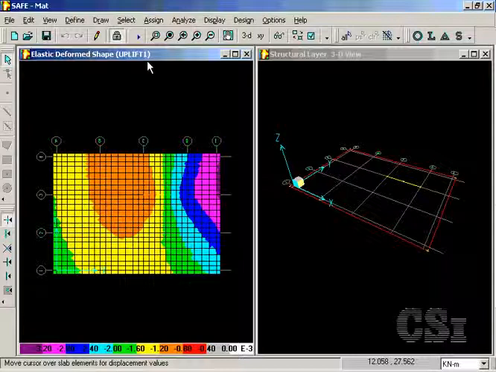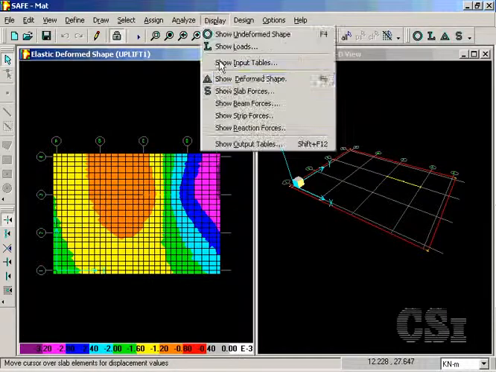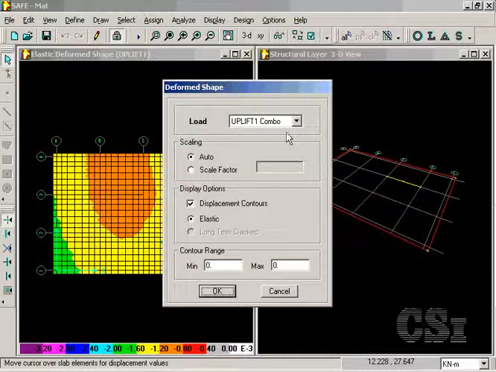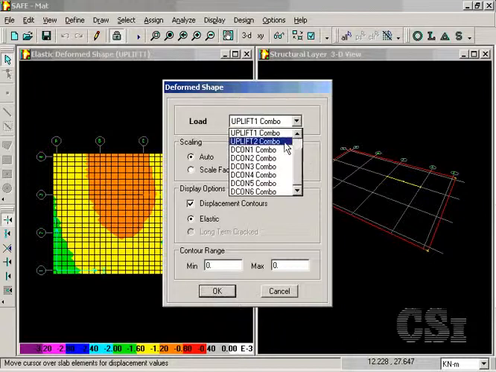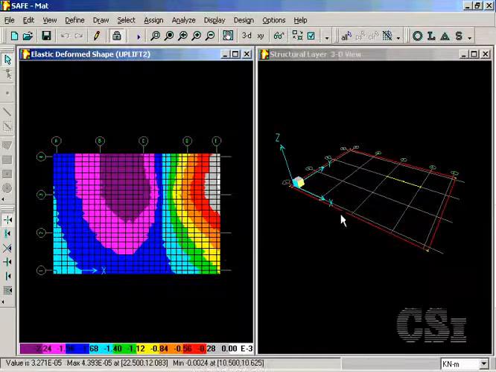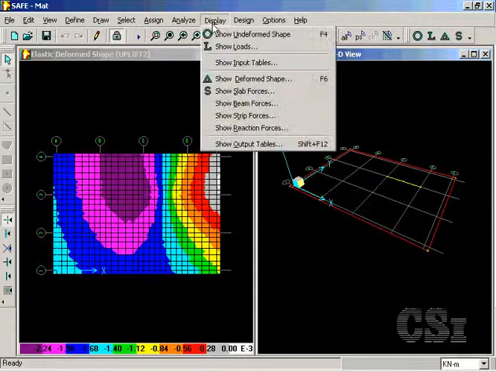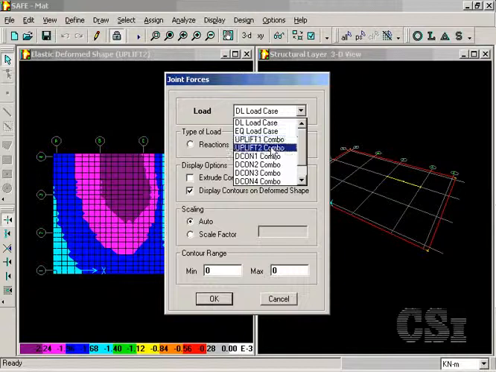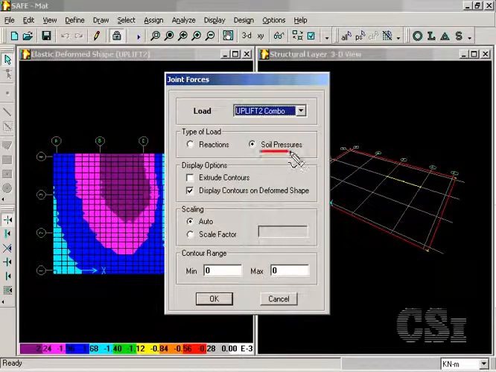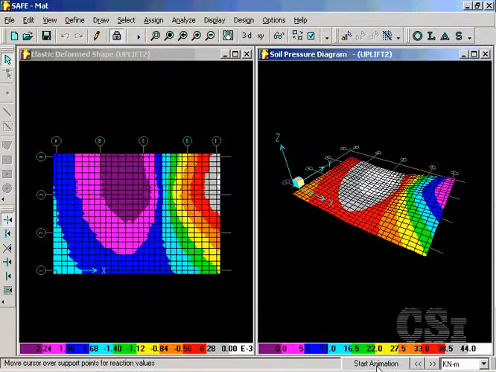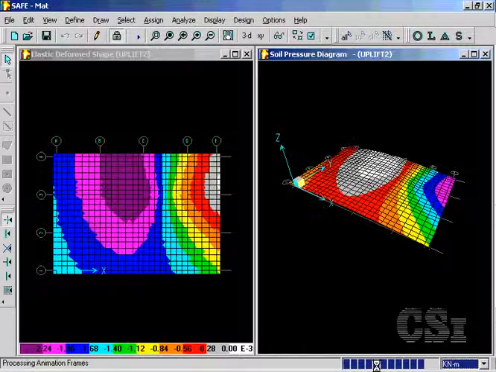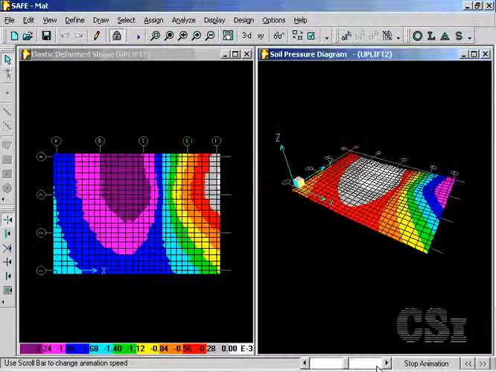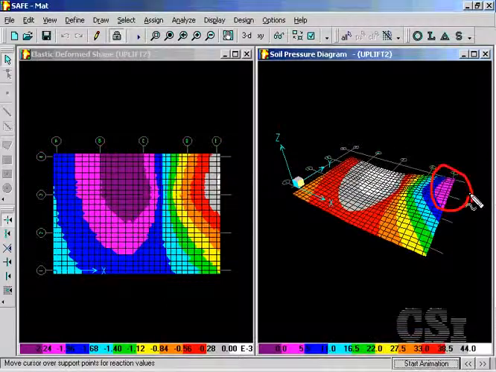The deformed shape of the uplift 1 load combo is displayed on the left. However, it is load combo uplift 2 that we are interested in, so we will revise the display. In the right view, we will display the soil bearing pressures for this combination. Note how the soil pressures do not go below 0, indicating